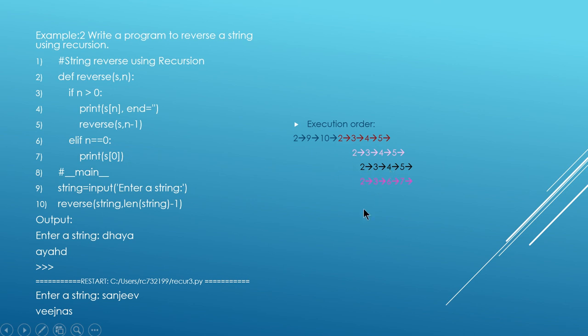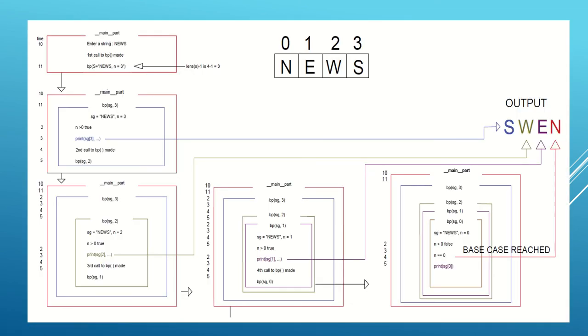Whatever the n value that you give, if n value is given as 4, it will execute 4 times, and then in the last iteration it will stop executing 6 and 7, and after that it will stop the execution. Okay, this is the order of execution of this recursive program. So now let us understand this more clearly with the help of the particular image.